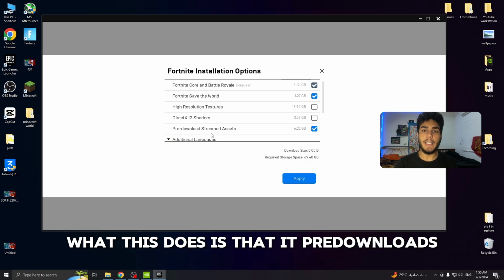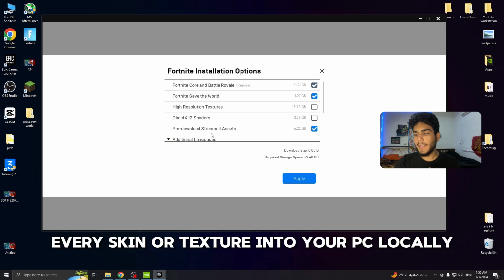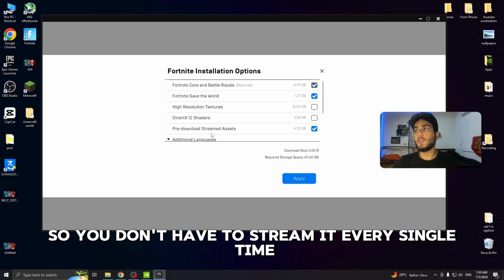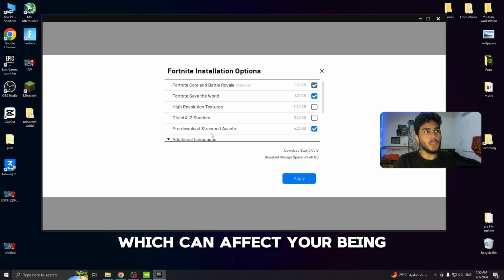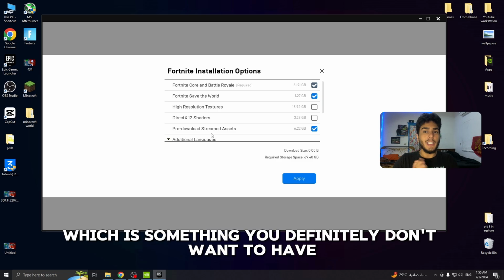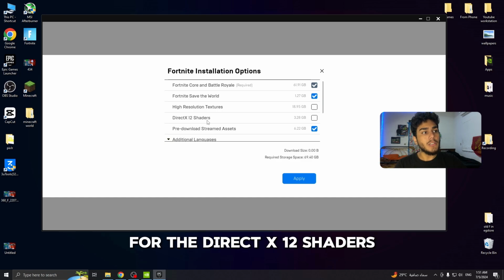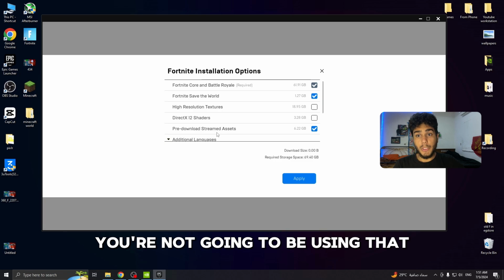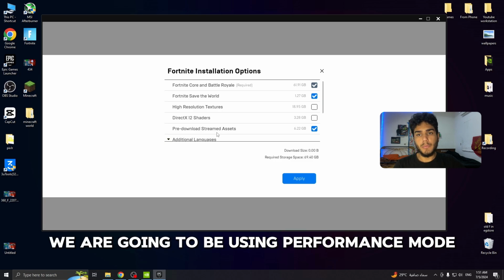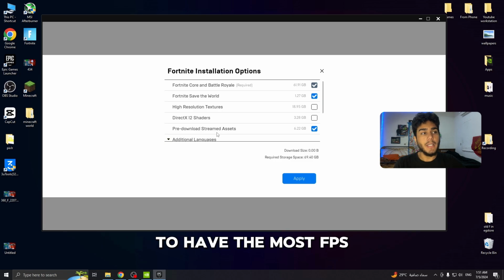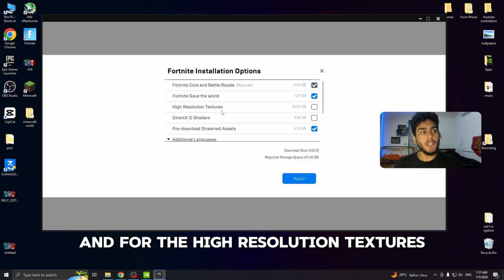What this does is that it pre-downloads every skin or texture onto your PC locally, so you don't have to stream it every single time you're in a game with your internet, which can affect your ping, which is something you definitely don't want to have. For the DirectX 12 shaders, you're not going to be using that. We're going to be using performance mode to have the most FPS, and for the high resolution textures,